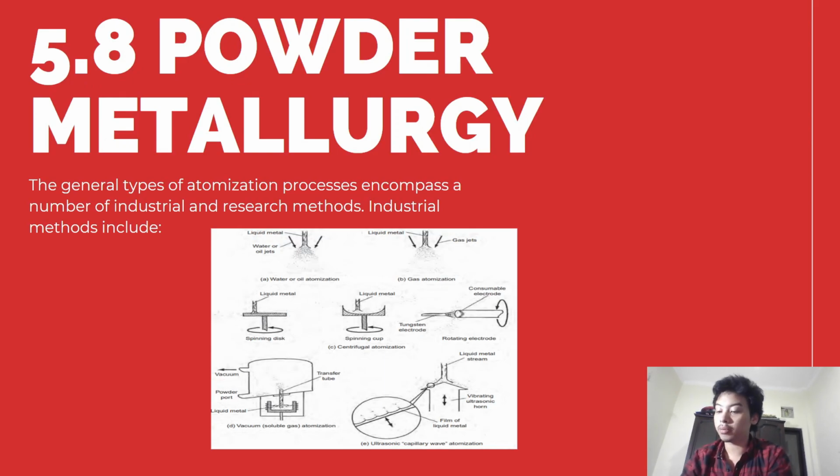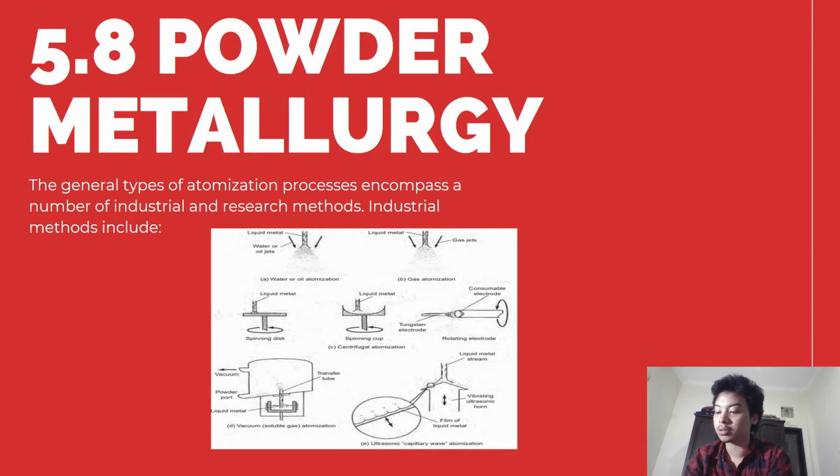Powder metallurgy. One of the more recent metallurgical developments in the manufacture of modern alloys. The general types of atomization process encompass a number of industrial and research methods. Industrial methods include fluid atomization, where liquid metal is broken up into droplets by impingement of high pressure jets of gas, water, or oil. Centrifugal atomization, where a liquid stream is dispersed into droplets by the centrifugal force of a rotating disc, cup, or